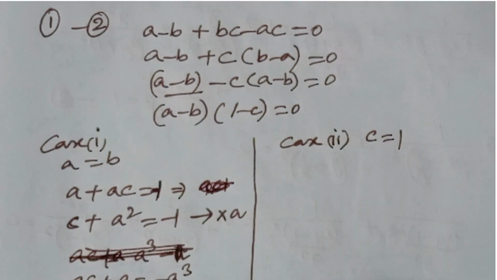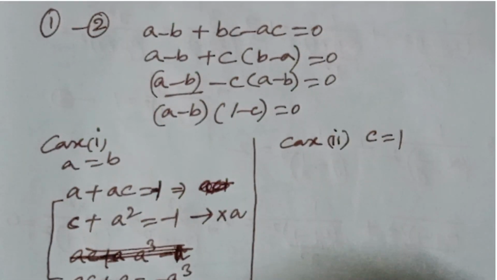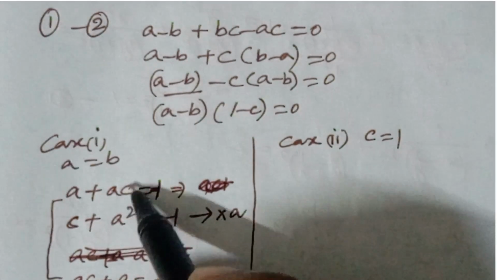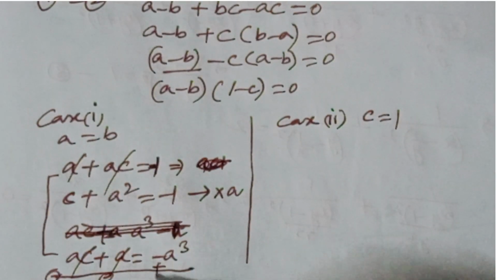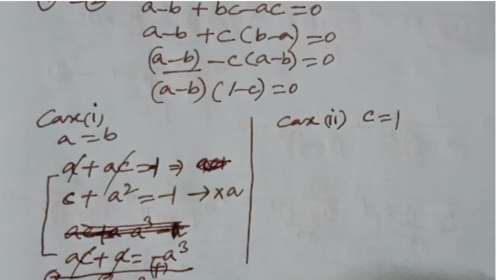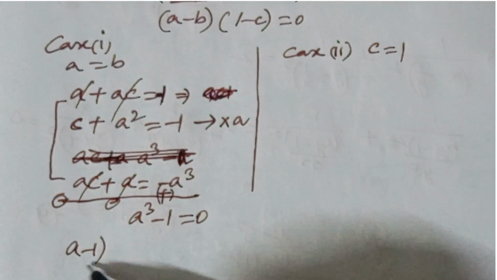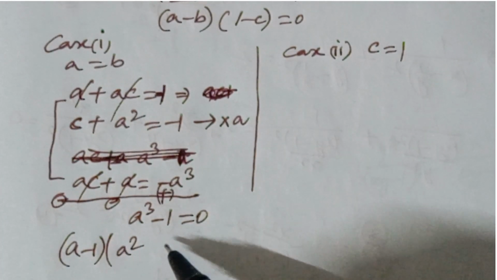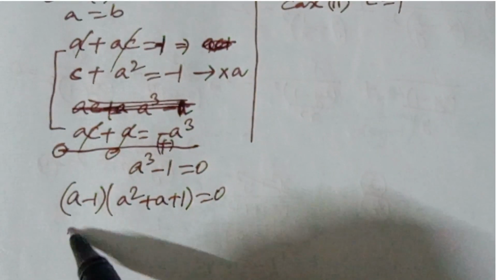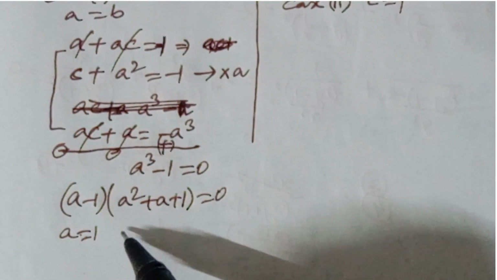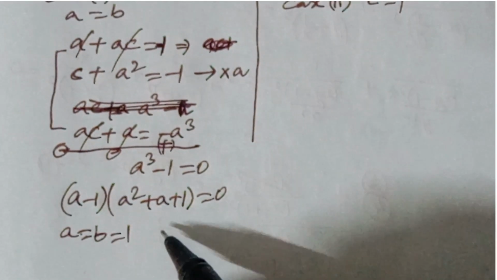So here we are subtracting these two. So here ac will get cancelled, a will get cancelled, and we'll get a cube minus 1 equal to 0. So a minus 1 into a square plus a plus 1 equal to 0. That implies a equal to 1, or a equal to b equal to